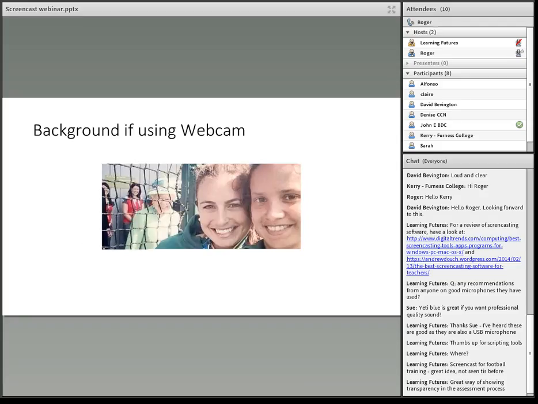If you're using a webcam, beware of the background, or even the Queen photo bombing, something that's going on behind you. I found literally a broom cupboard this afternoon, so I'm okay, even though we're not using the webcam. It does make it quiet, but it can become a problem, particularly if you're in a staff room. So just bear that in mind, also in terms of background sound that can be picked up.